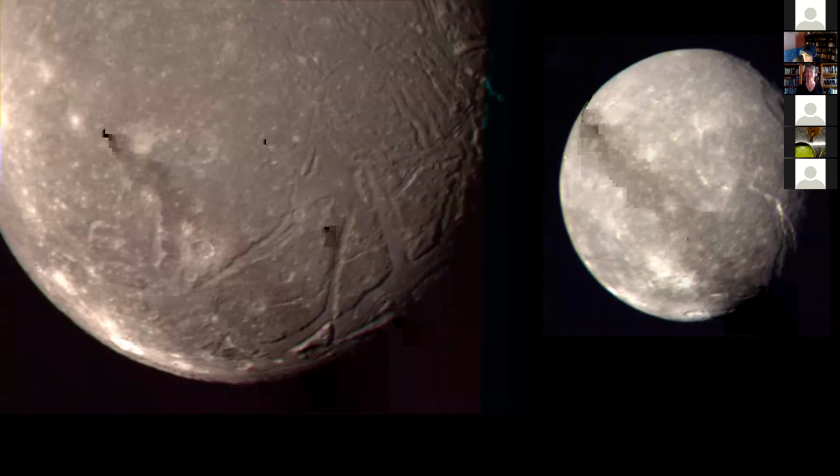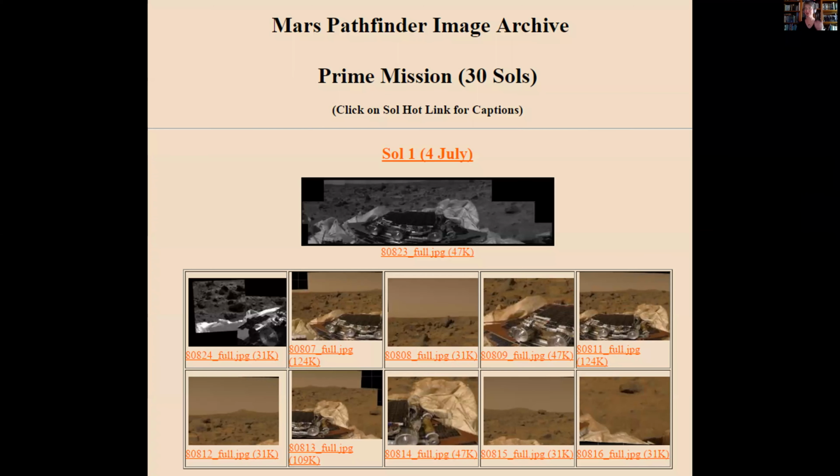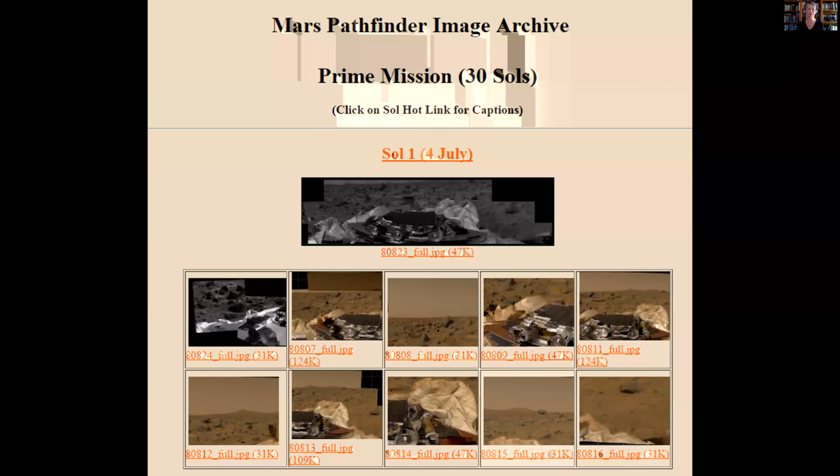Fast forward to 1997, and there is this brand new medium called the World Wide Web, on which the Mars Pathfinder missions shared their images as they came down from the spacecraft. I was a school teacher at this time, and I remember sitting after school at the one computer we had in our classroom to download very slowly these enormous images. Look, there's one that was a whole 124K, and it took so long to download, but it was worth it because it was a brand new image from Mars. And because the mission was sharing these images so fast, I felt like I could check in every day and see what the mission was doing. I was part of the adventure.